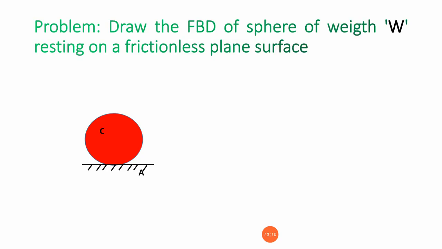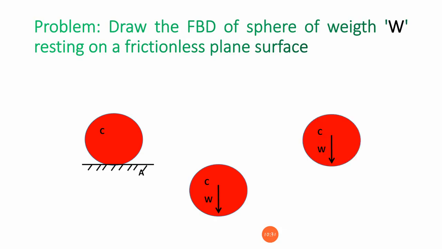If you want to draw the free body diagram, we need to remember the free body diagram definition. So we need to remove all the supports, and we have to show the reaction forces. In this case, what will happen? If I remove the surface A, the body is going to try to fall from the position. We need to keep that body in the same equilibrium position, so we need to apply the reaction force RA.